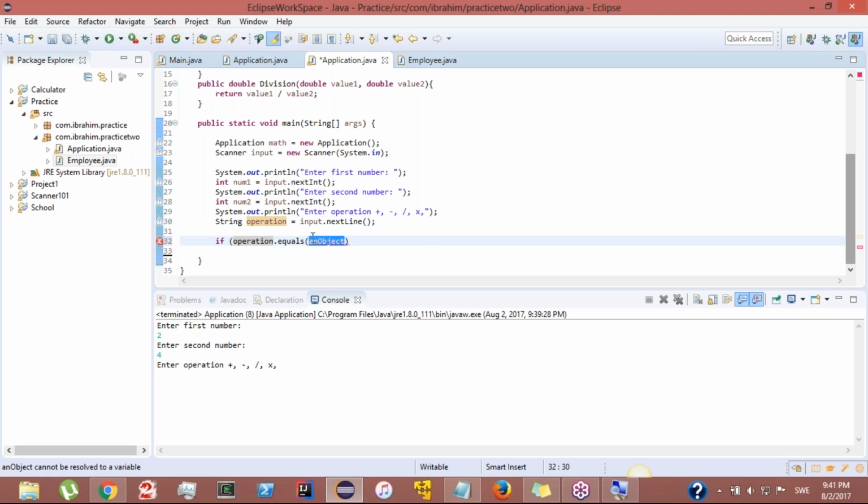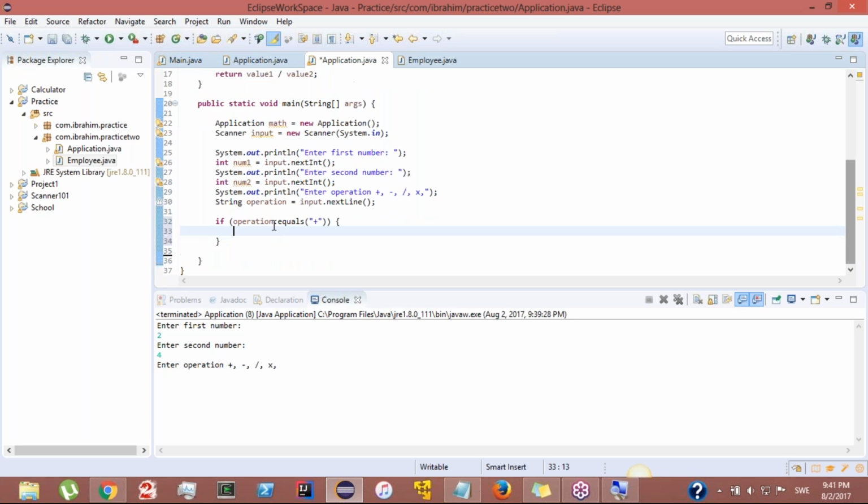So if operation equals, let's say, plus, I'm gonna put it as a string value. If I enter plus, then it's gonna do something, right? And then we're gonna put the curly brackets as I showed you. And here we can say sys out again. And basically in this system out, we have to specify that